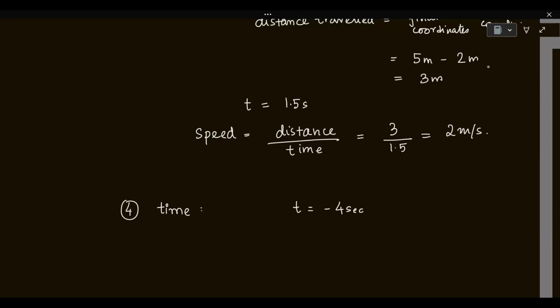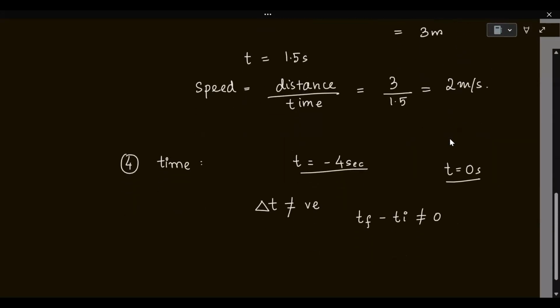For example, let's say you started an experiment at t equal to 0 seconds. t is equal to -4 seconds means 4 seconds before the start of the experiment, what was the state of the body? Okay. What I should be saying is that delta t should not be negative. Now, what is delta t? That means final time minus initial time should not be negative. What it means is that time flows in a single direction and your final time can never be lesser than